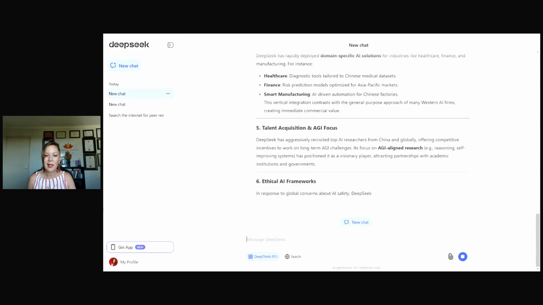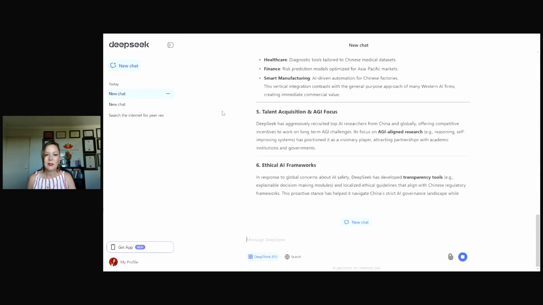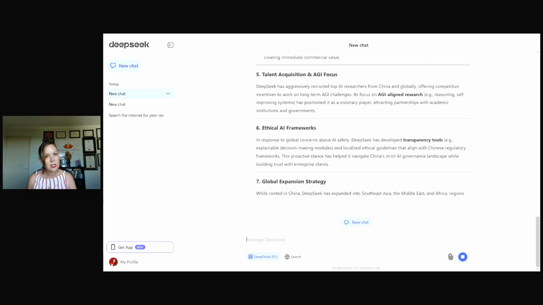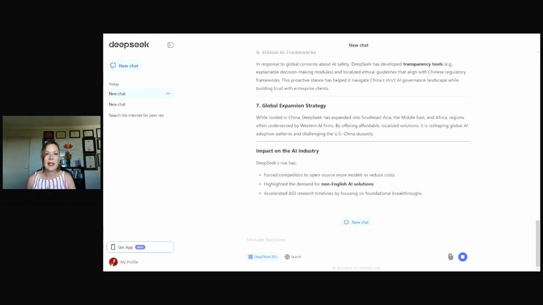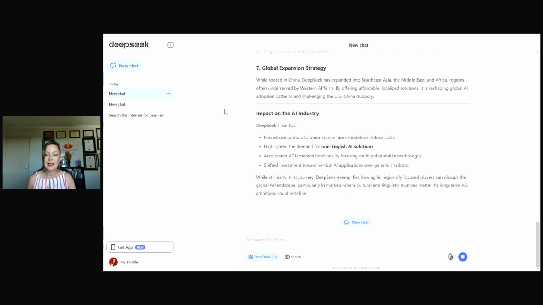But again, with any AI, be very careful about the data or information that you're giving to it. So making sure there's nothing private going in there. And that's with any AI. I'm not just saying it because this is a Chinese tool and there's all of that sort of rhetoric around data and everything, particularly around things like TikTok. You would just be mindful and cautious with any AI tool that you use.